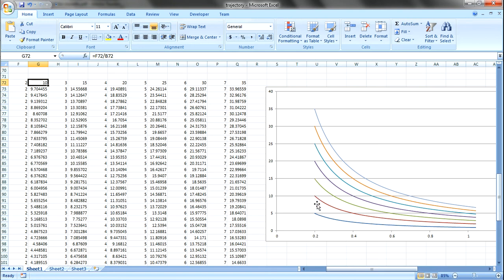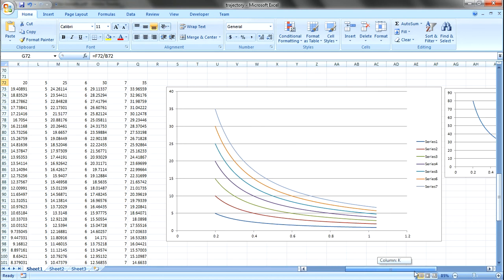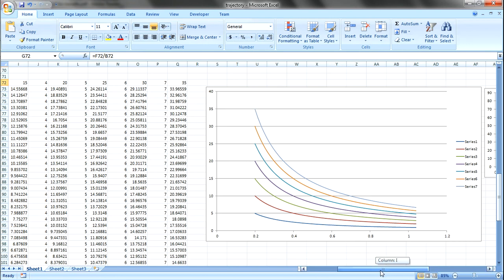This line is actually when x is proportional to time. In other words, at time 1, although this axis is in terms of x,